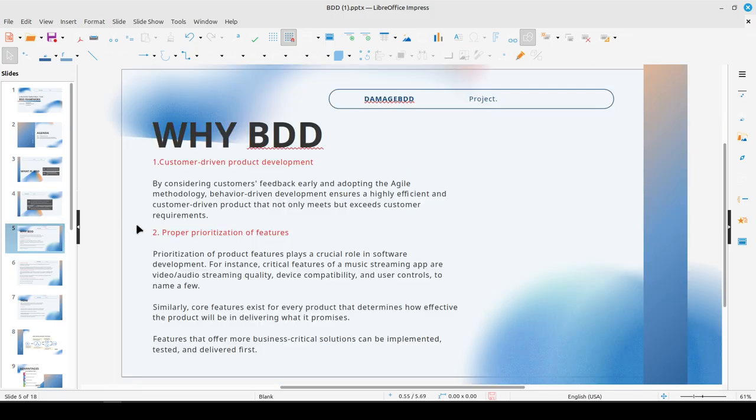Why BDD? One of the reasons why most organizations choose to run BDD, number one, is customer-driven product development. By considering customers' feedback early and adopting the agile methodology, behavior-driven development ensures a highly efficient and customer-driven product that not only meets but exceeds customer requirements. Secondly, proper